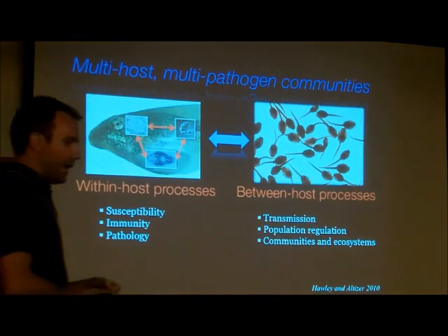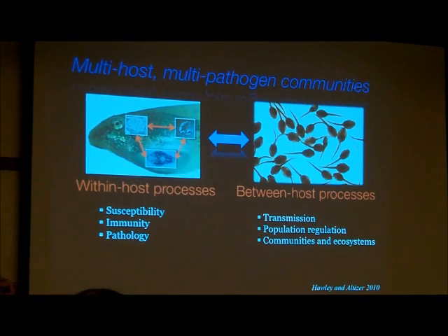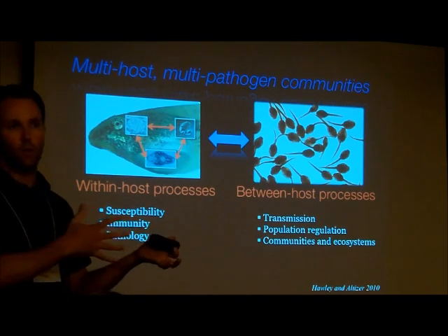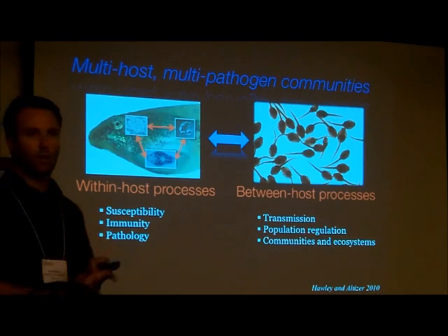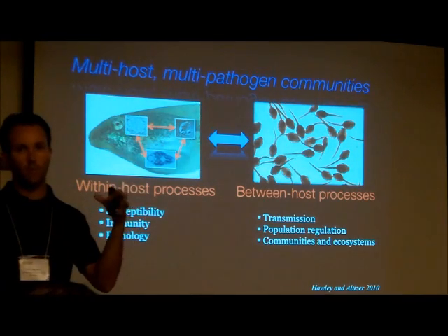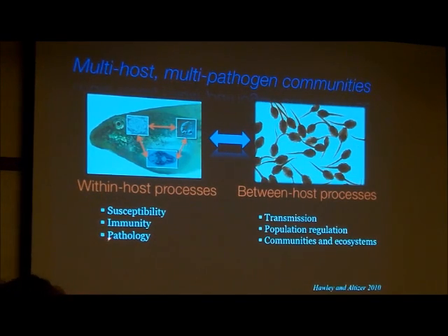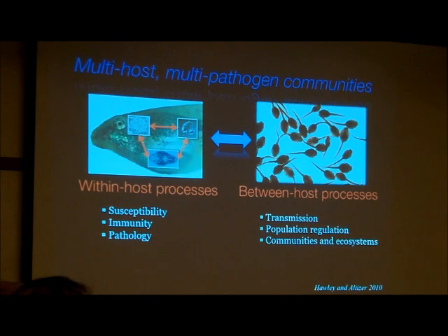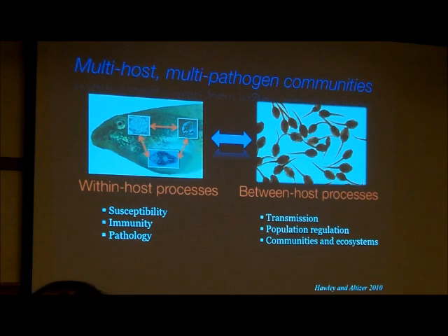And to echo things that Vanessa said earlier, that Dana's written about in past papers, a big part of this is how we start to connect within-host processes to between or even among host processes, right? That brings together concepts ranging from super spreaders to co-infection to dilution effect, all under the same umbrella, and allows us to talk about things within hosts like susceptibility, immunity, and pathology, but then link that to transmission, of course, one of those gold standards in disease ecology, population regulation,